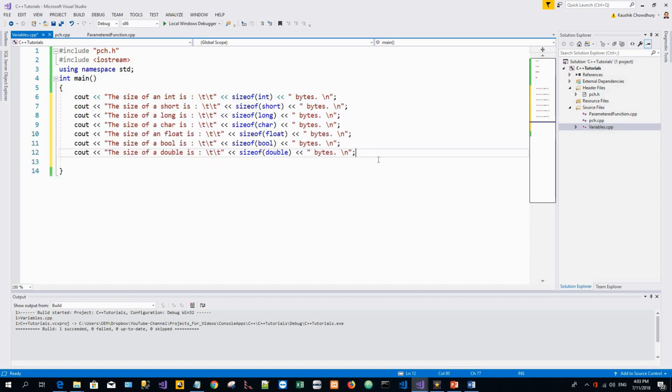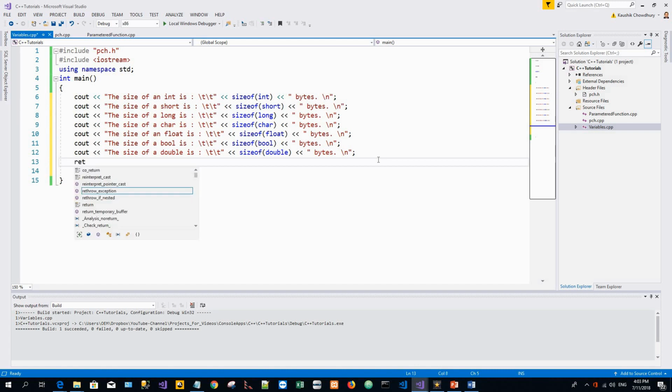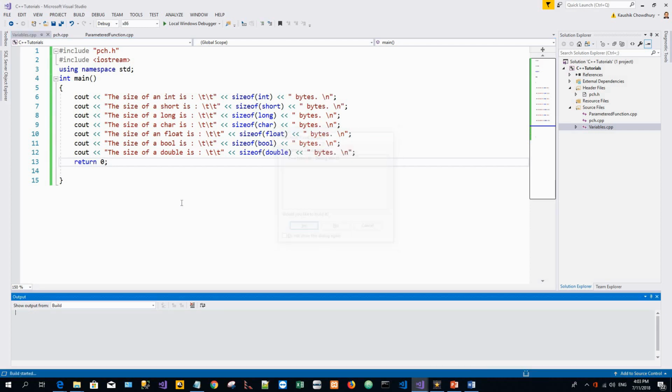And finally a return 0 to terminate my program. Okay, so right now if I run this application, it will give me